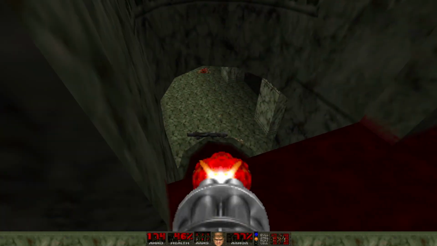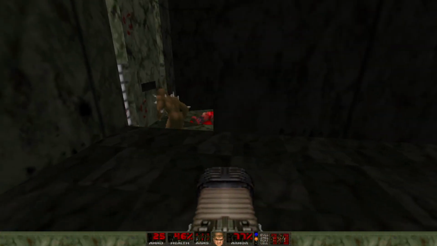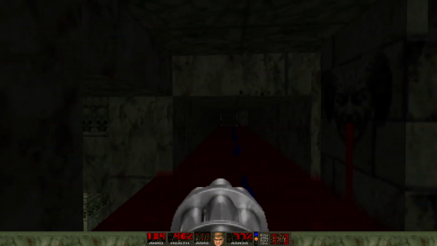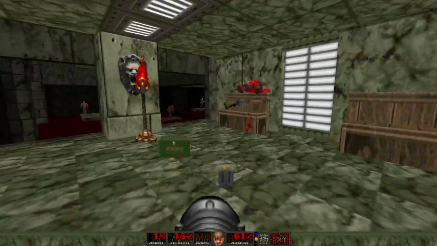And you can see there's a lot of damaging floors in this map. Right now I'm picking up the rocket launcher, which is not as useful as you would think in a map like this where there are a billion enemies wandering around that could step in front of the rocket launcher at any moment. You saw in the previous area me navigating a lot of lava,